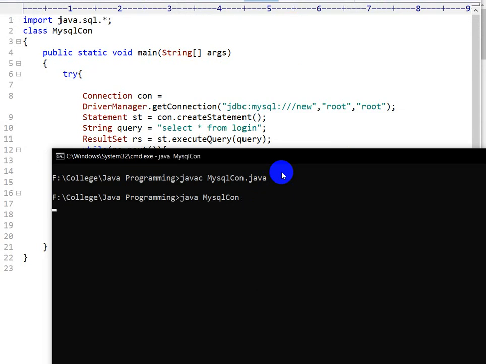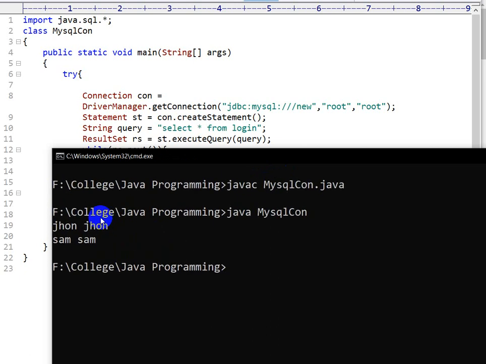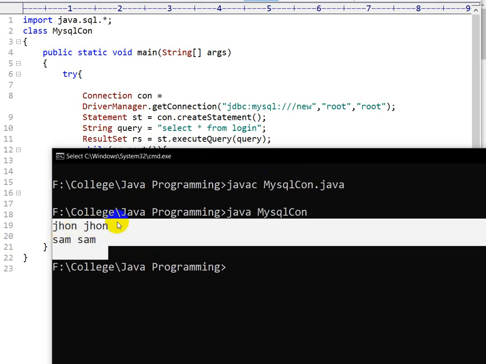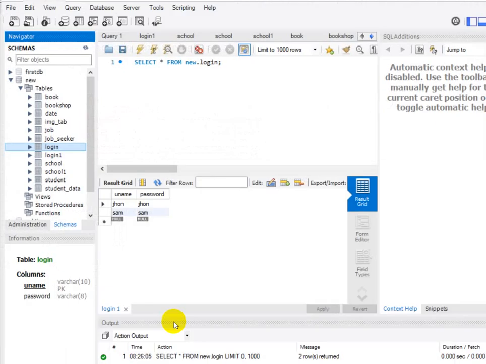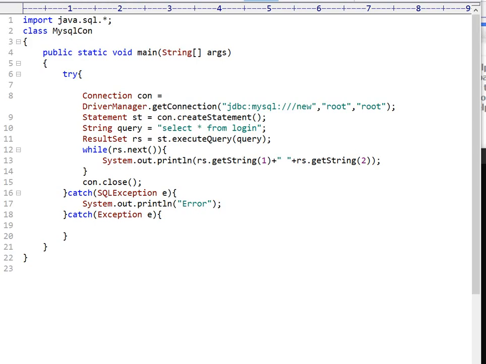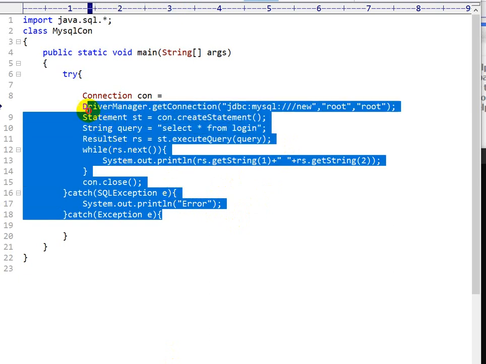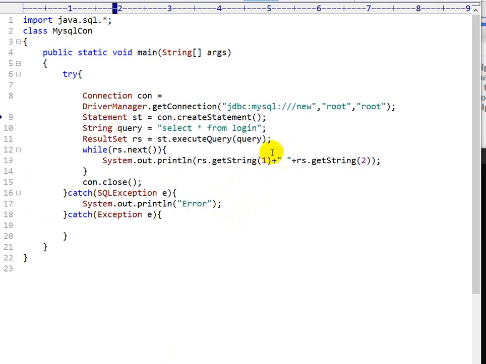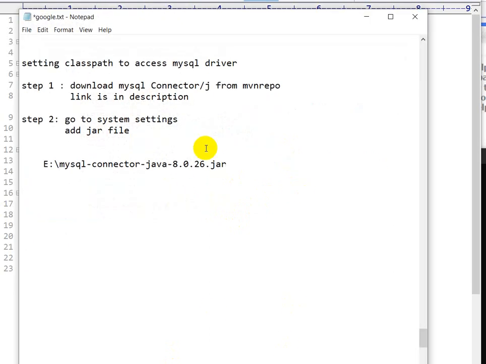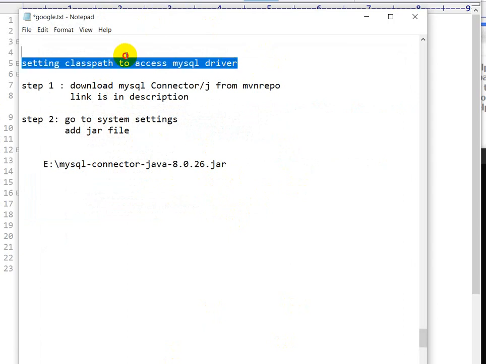Let's execute this and see. So here we can see this is the data which is present in MySQL: John John Sam Sam. So by using this JDBC program we are able to make a connection with MySQL. That means we have set the correct class path to access the MySQL driver.